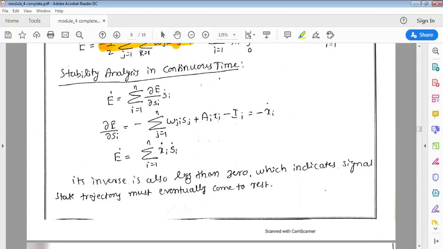So we are proving that the entire network will settle down to a value such that the network is going to converge. So yes, the system has associative memory. That is the total idea of all these things. Are you able to follow this one?